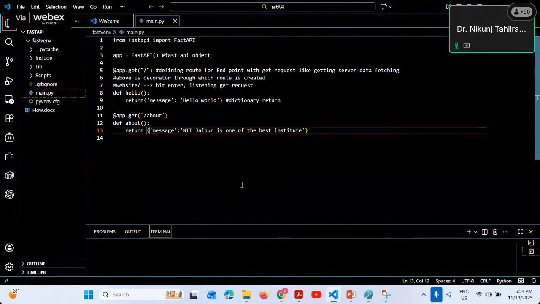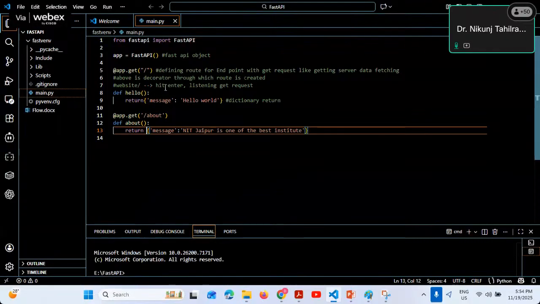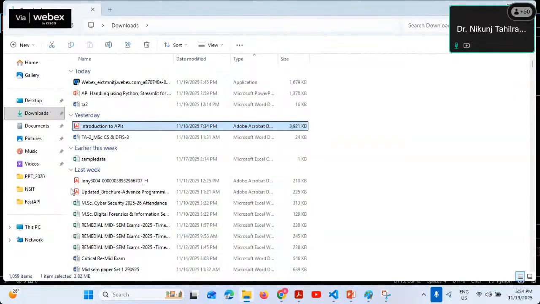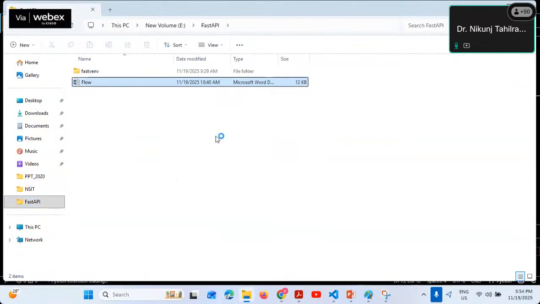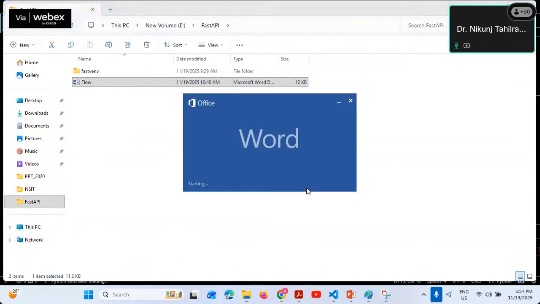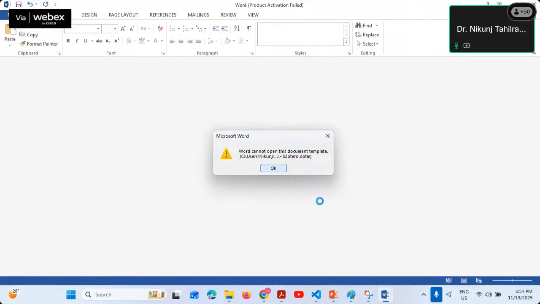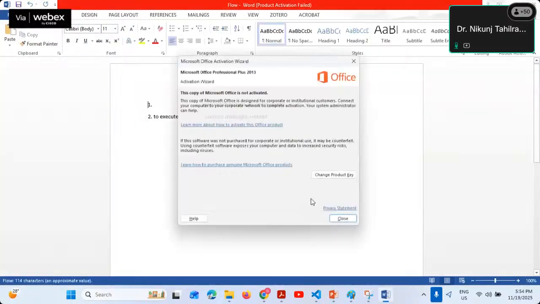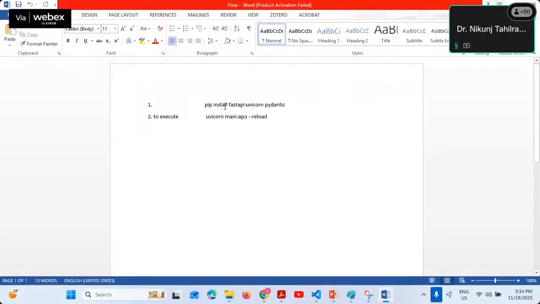So this is a simple demo of FastAPI. In this, first of all, you have to install three main packages. These are the three main packages you have to install: FastAPI, Uvicorn. So what I told you is that